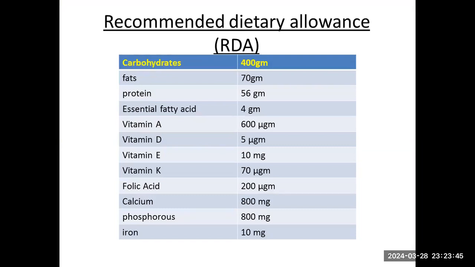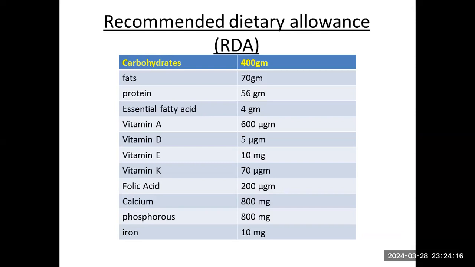Recommended dietary allowance. For a healthy person, how much of the different nutrients, macro as well as micronutrients, one needs. This table tells you the average amount of these nutrients. Carbohydrate 400 gram, fat 70 gram, protein 56, essential fatty acids 4 gram. Remember, the essential fatty acids are those which cannot be synthesized in our body, but we must take them in